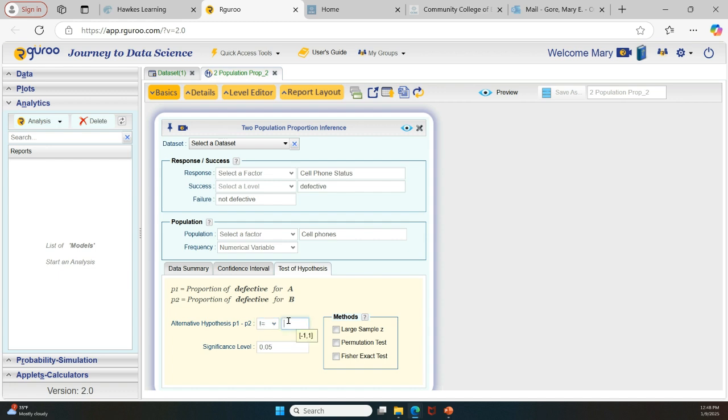And then here we put 0. Always put 0 in our course here when we're testing two populations. You can change the significance level if you want. If you remember, ours was 0.10. Oops, I got to put it there. And finally, because I've learned if you don't check one of the methods, it will not actually do the test for you, you have to tell it we're doing a large sample Z. Now, I know it's a lot to remember, but it's really worth it when it does the complicated calculations for us, if you've ever tried one of these by hand. All that is set, and we will click on the preview,